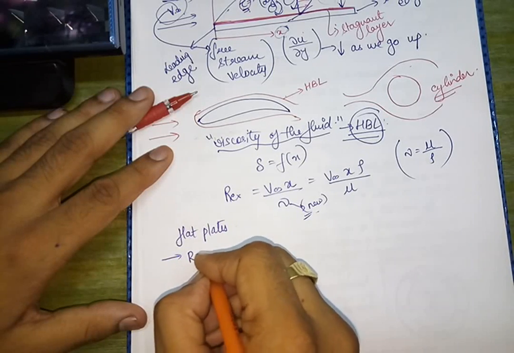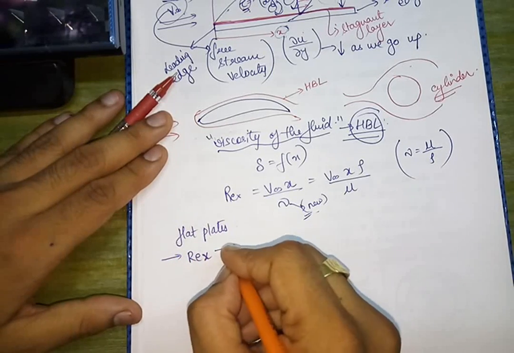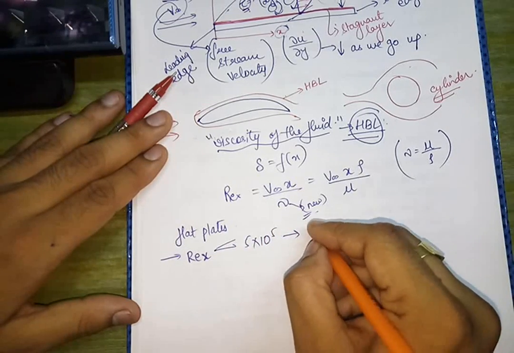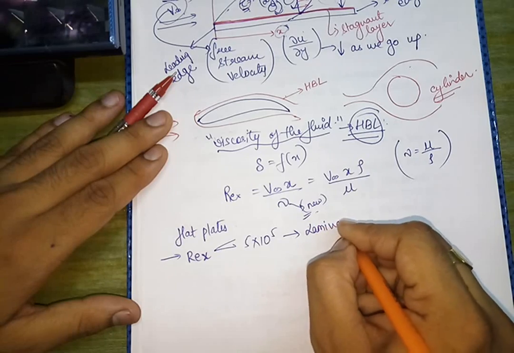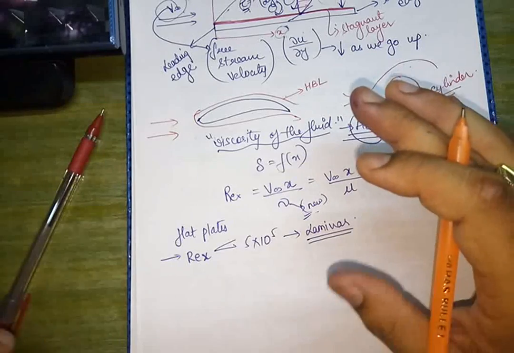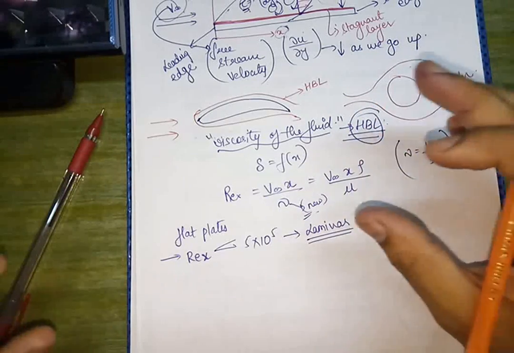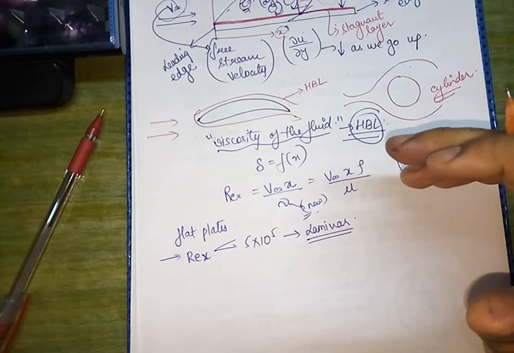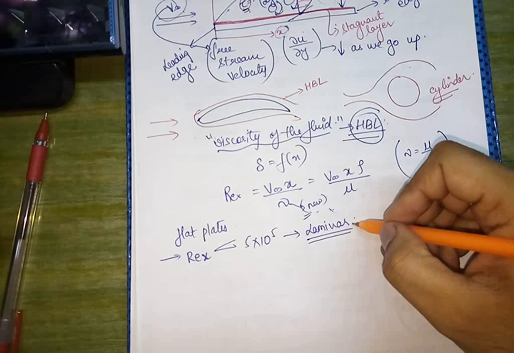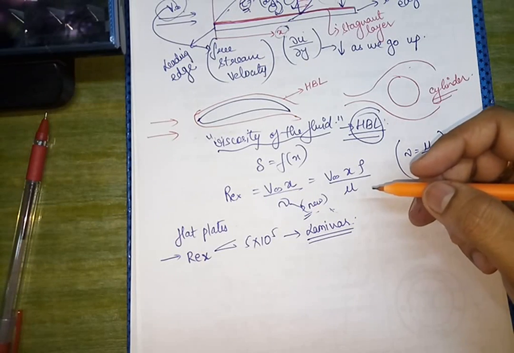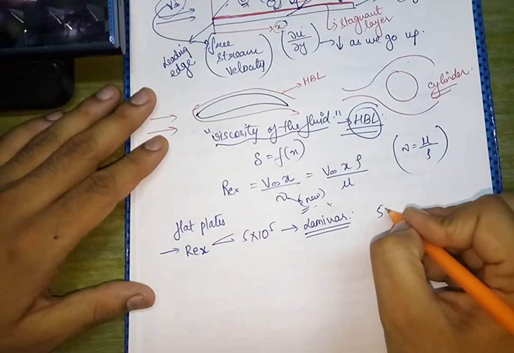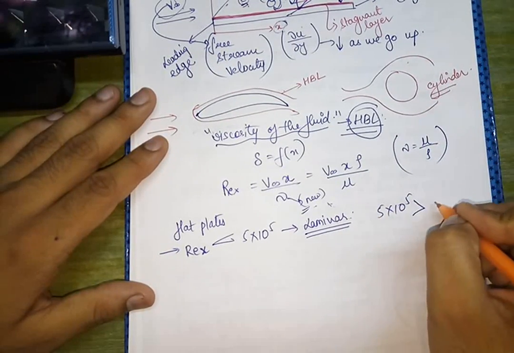for flat plates the Reynolds number x, that is the local Reynolds number, should be less than 5 into 10 to the power 5 in order to have the flow as laminar. जो हमने previously discuss किया था कि Reynolds number less than 2000 होना चाहिए, वो actually pipes के case में और ducts के case में था. But अगर flat plates की बात करें तो Reynolds number अगर 5 into 10 to the power 5 से छोटा है तो हमारा flow laminar होगा, और अगर 5 into 10 to the power 5 से बड़ा हो गया then flow will become